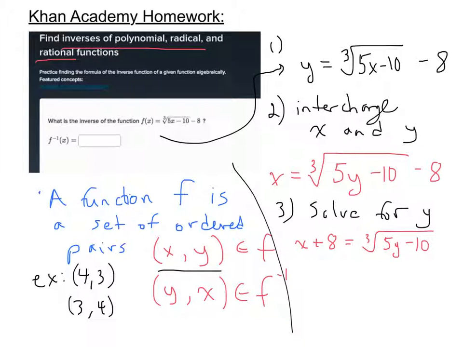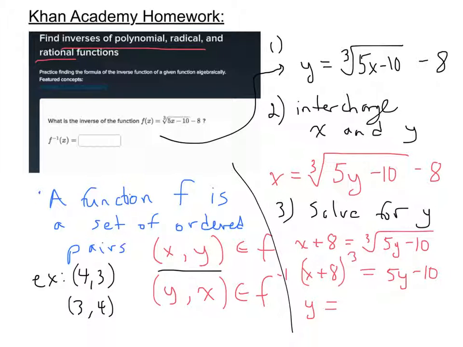First, I added 8 to both sides in solving. Next I'll cube both sides. Remember, we're trying to isolate y. Cube both sides to get rid of the cube root. This will give us 5y minus 10. Lastly, we'll add 10 to both sides and then divide by 5, which will yield our final answer, which is y equals,